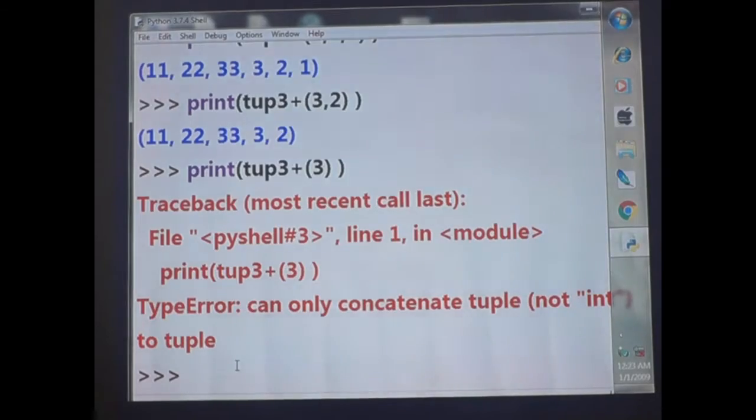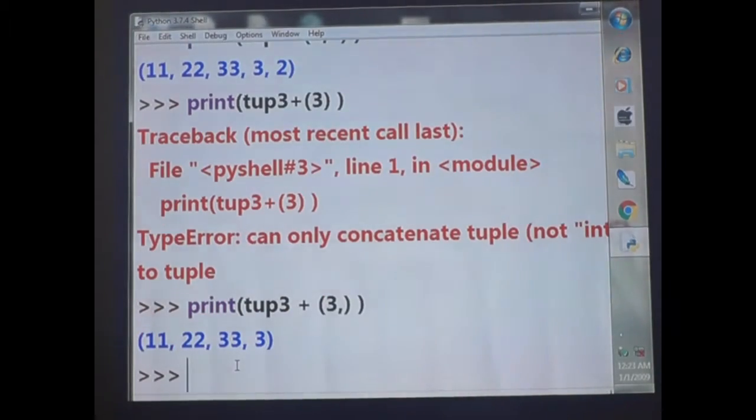Okay. Suppose I give it like this: print tup3 plus 3 comma. If I give enter, yes, no problem. Why? Because this is also a tuple: the rounded bracket is there, and the comma is also there. So a tuple and a tuple can be added.